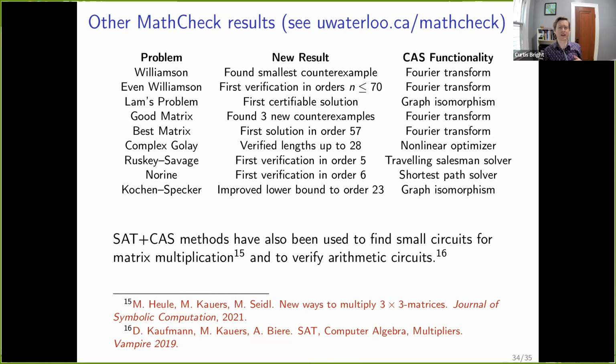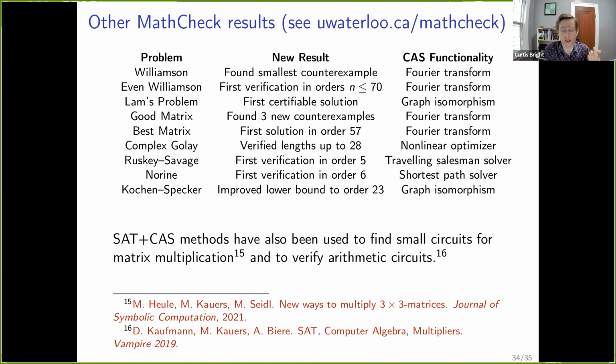And so, as I mentioned, this is kind of a budding new field of computer science, right? There's a whole community that's grown up around taking the techniques and wisdom from the SAT community and the computer algebra community and combining them, and then getting these impressive results on different problems. For example, I have 2 citations at the bottom of work that would use this approach to find small